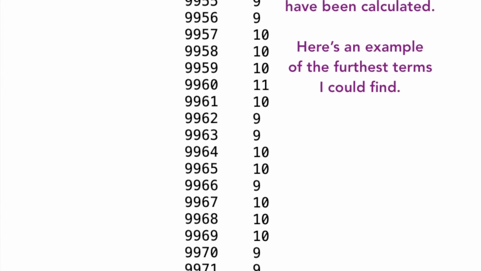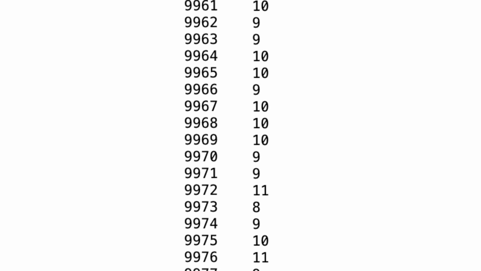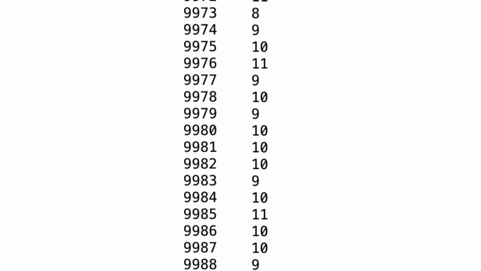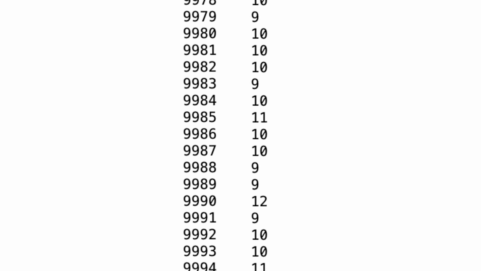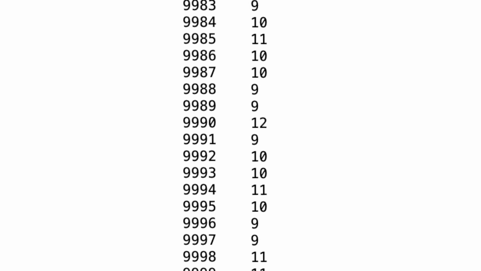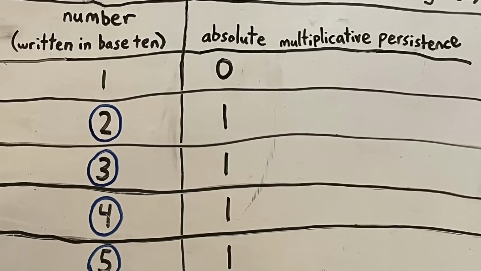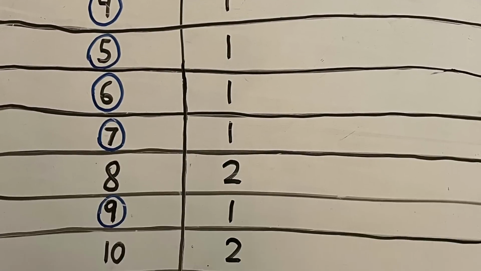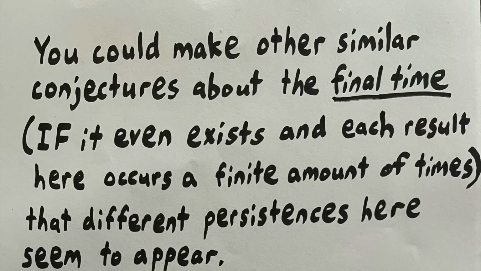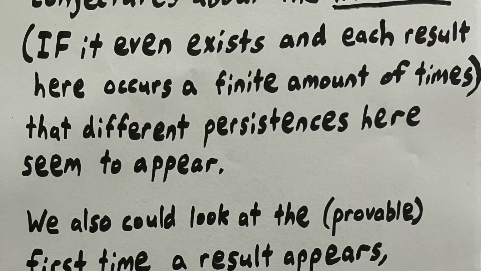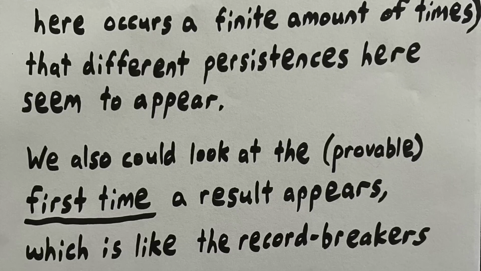This leads to many interesting conjectures. For example, from what it seems, numbers larger than 12 always have at least one base where they have a multiplicative persistence larger than 1. If that's true, then these circled numbers are the only numbers with a result of 1 here. Conjectures like that relate to unsolved questions about the final time a number appears as a result here,